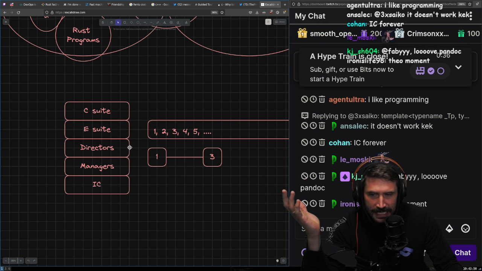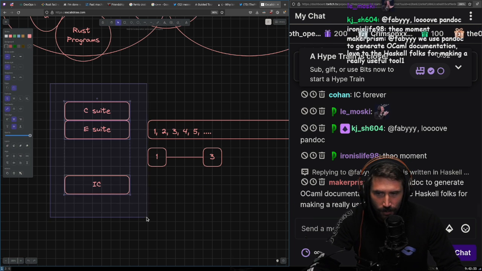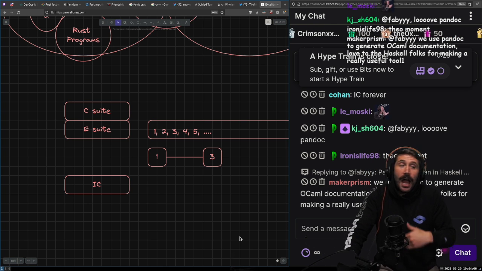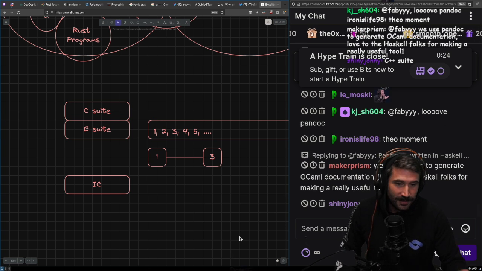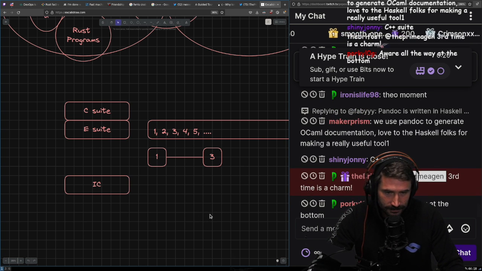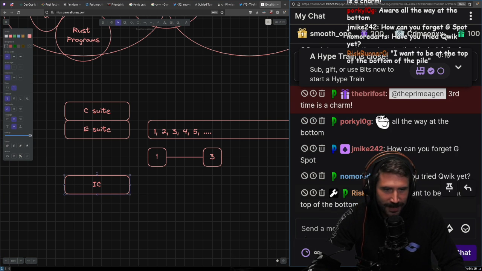I will literally never try to be one of these two. I will only accept this area. I'm not that person, right? I'm just never going to be that person. You know what I mean? I'm all the way down. Have you forgotten the G spot? That doesn't exist.